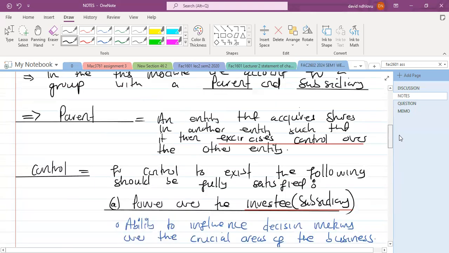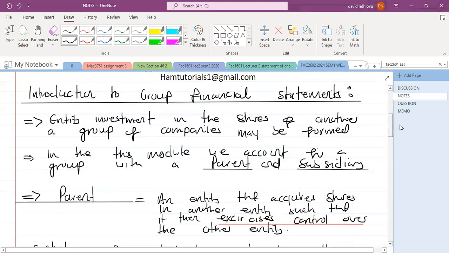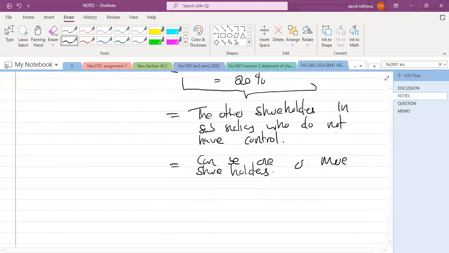Right, so this is an explanation of what a group is. It's basically just a company with its subsidiary. That is at this level. When you go to higher levels, then you get more complex groups, but this one is just a simple group where we're going to be having one parent and one subsidiary. Any questions from the floor? Are we on the same page, good people?